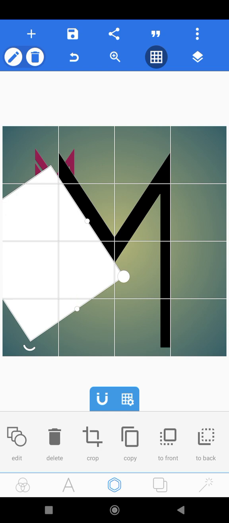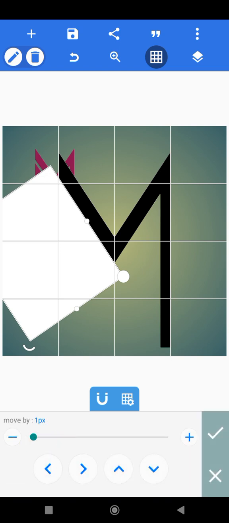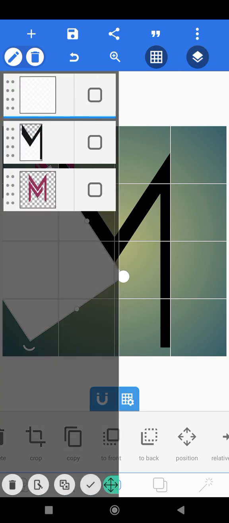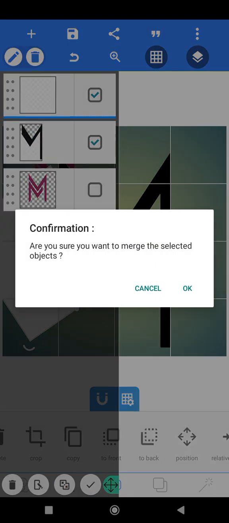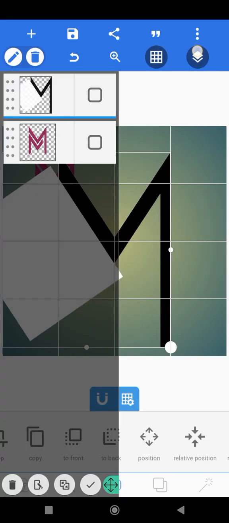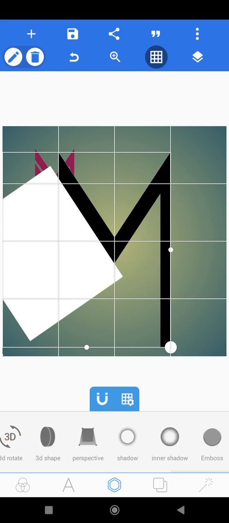I think that should be okay. If it's not okay, just use the position icon. Alright, then you mark it, you click on the layers, you click on this, then you merge everything together again. I think you keep merging, don't forget what I said. You merge everything together again, you click on the layers back, then you go back to your erase color,